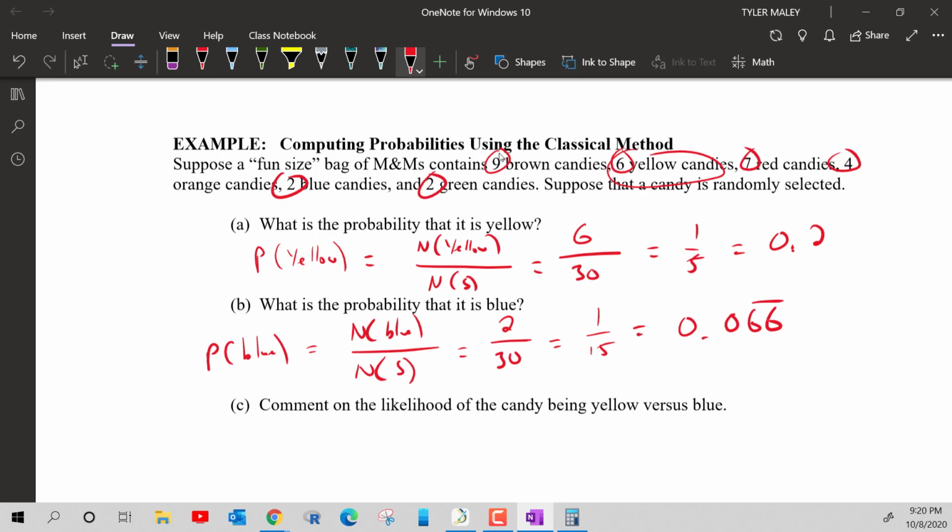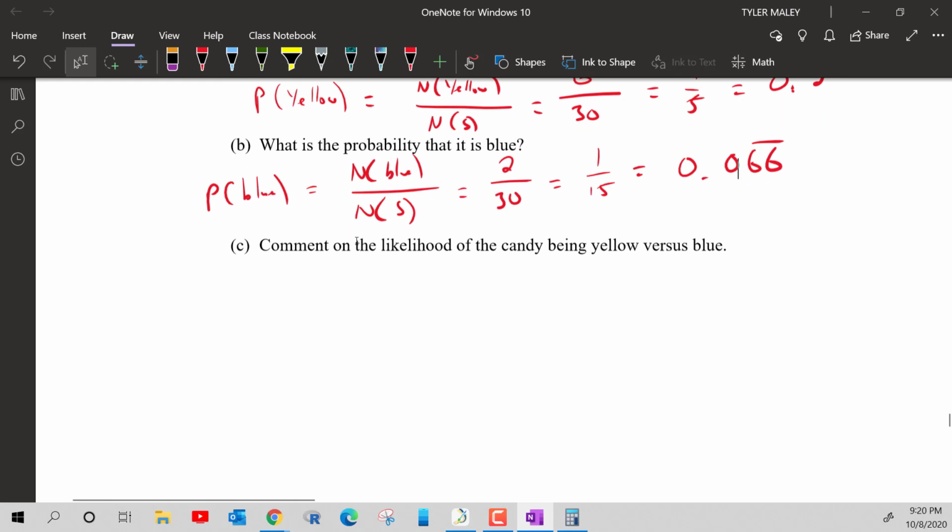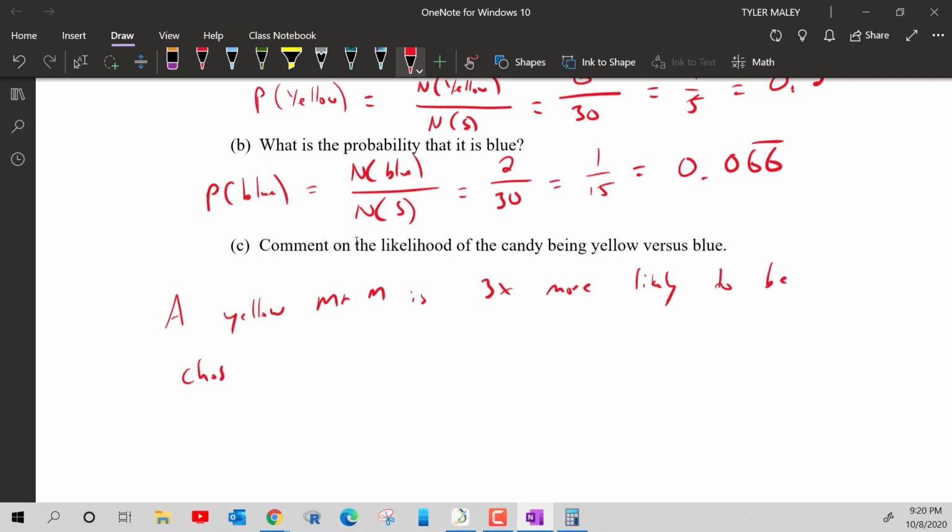So we have roughly 7% probability for picking a blue. So it says here, comment on the likelihood of the candy being yellow versus blue, right? So what we could say is that a yellow M&M is 3 times more likely to be chosen than a blue